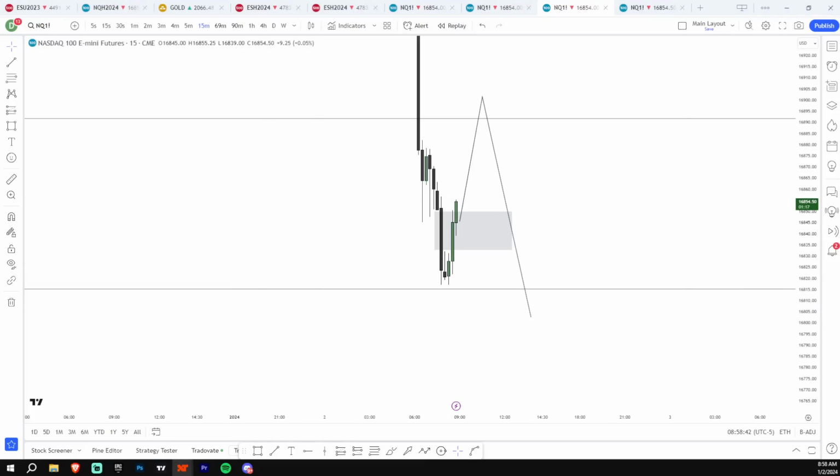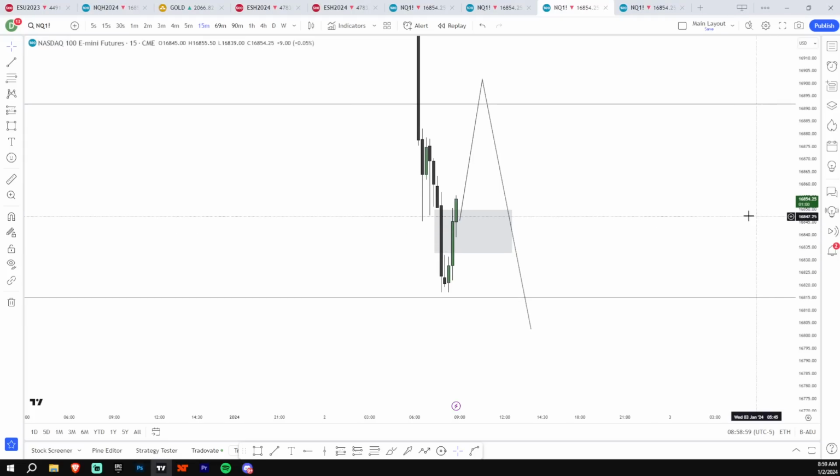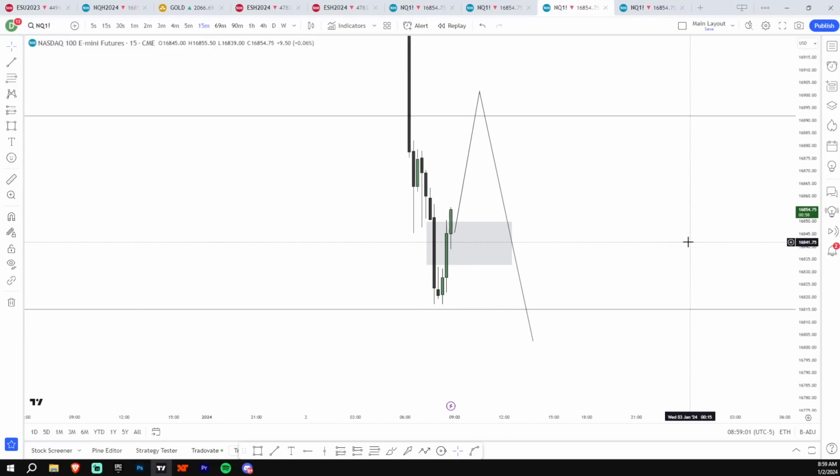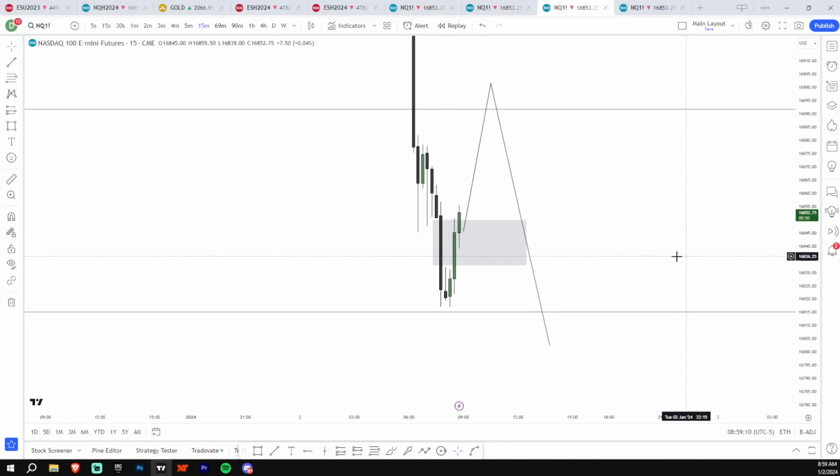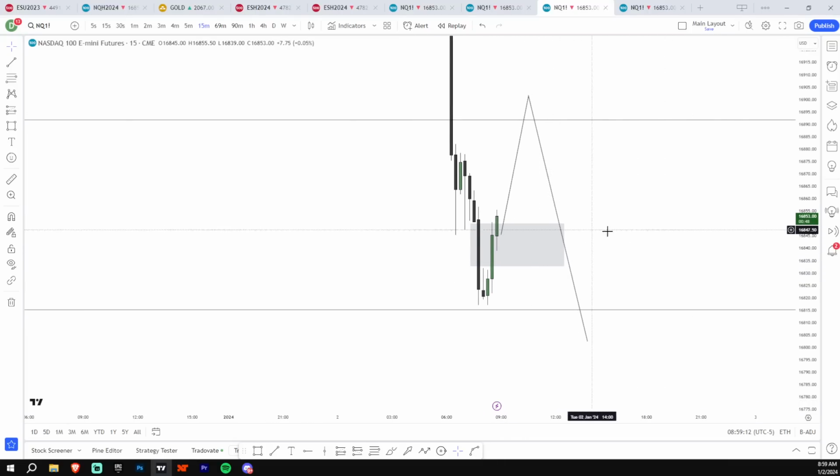Man, I want to try this so bad. It just looks so good, but I know I'm going against a drawn liquidity. If you aren't demoing this, by the way, please demo this. This is definitely a demo play, for sure, because it is a model. But I'm not going to take it in my live account.